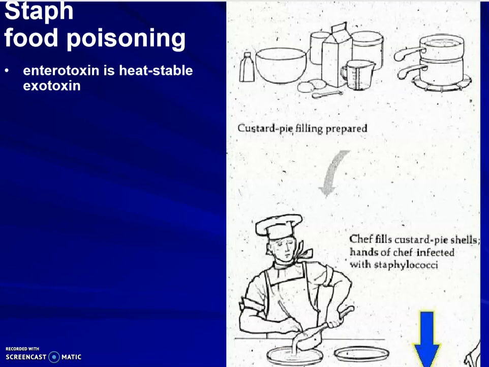Staph aureus can also cause food poisoning. Here you have an example. Somebody's making this custard pie filling, and this enterotoxin is heat stable. It's an exotoxin, and it can actually then go into the pie custard that this person is preparing,